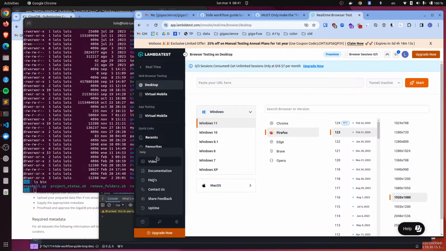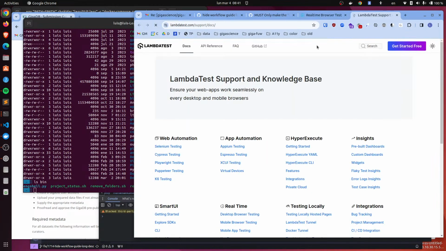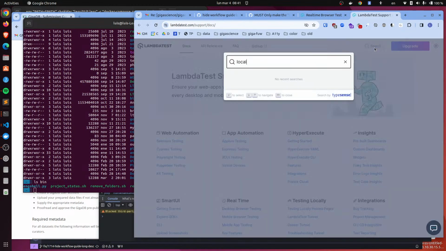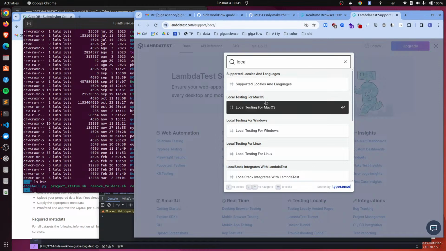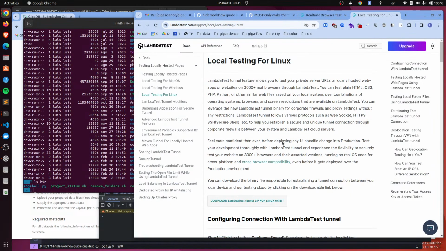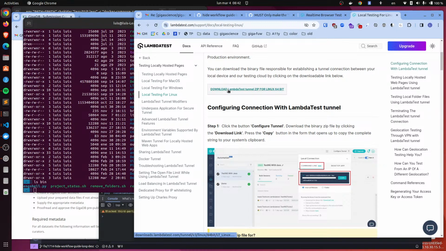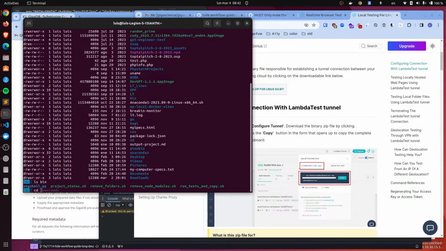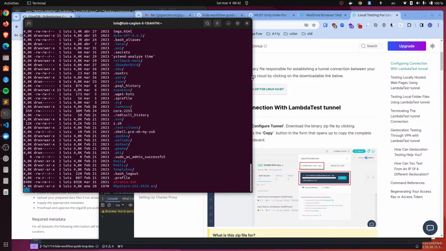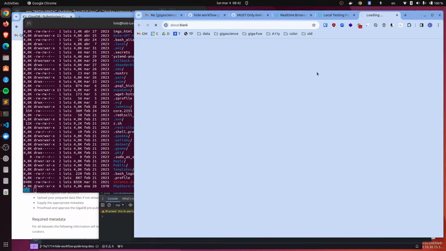So let's go to the docs. Look for LambdaTest tunnel. Don't I have this thing already? I guess I deleted this.